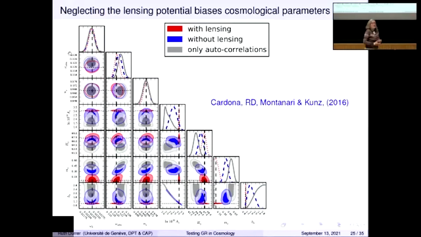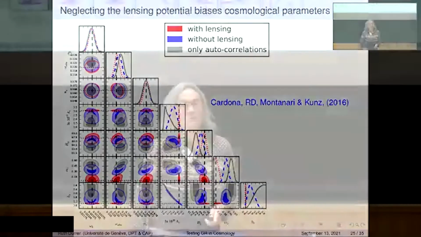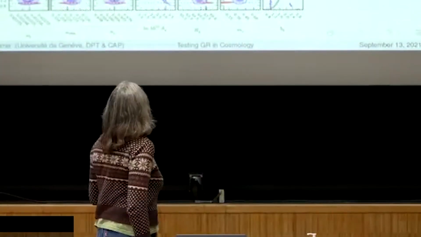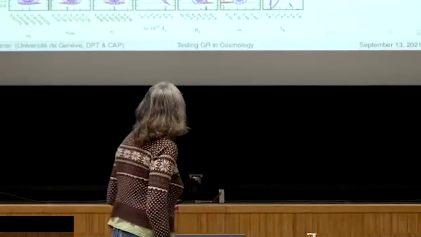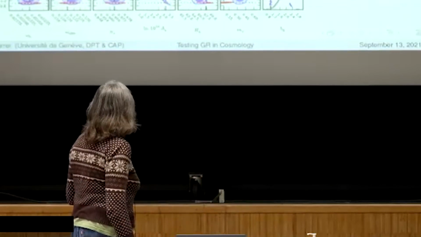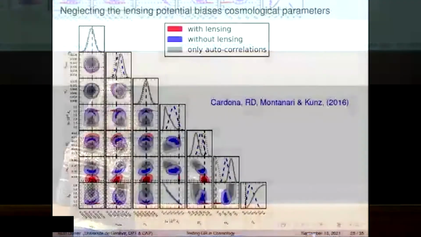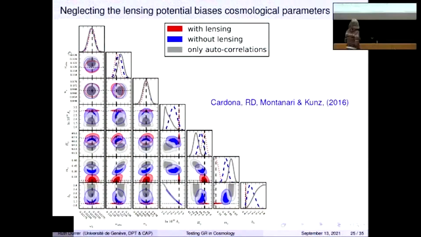And actually, this is what people have done until today, and they still plan to do it with Euclid. But we are slowly convincing them not to do it because it's going to be wrong. For example, let me just show you one example, namely the neutrino mass. Input neutrino mass was here 0.06 electron volt, which is the minimal value for the sum of the neutrino masses if you assume the oscillation experiments.